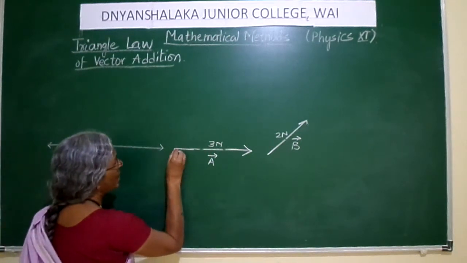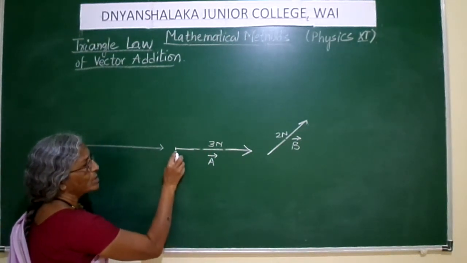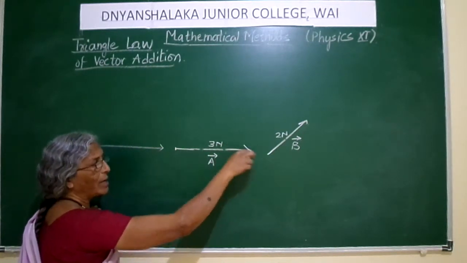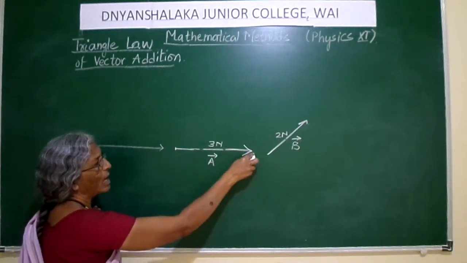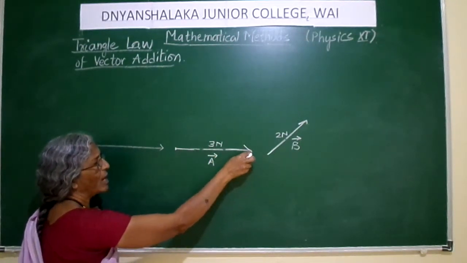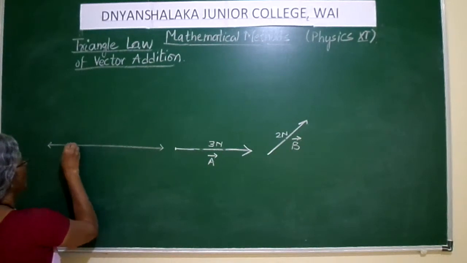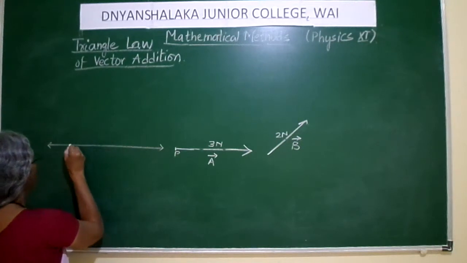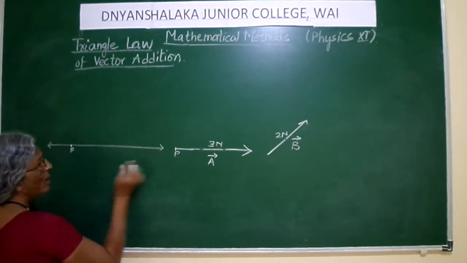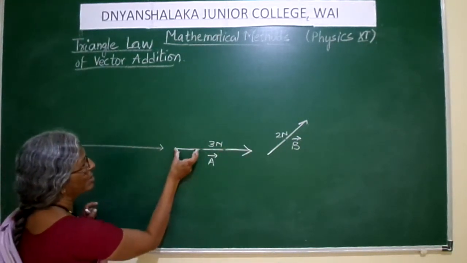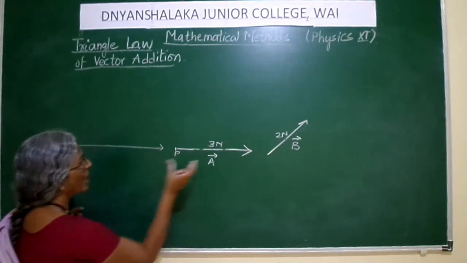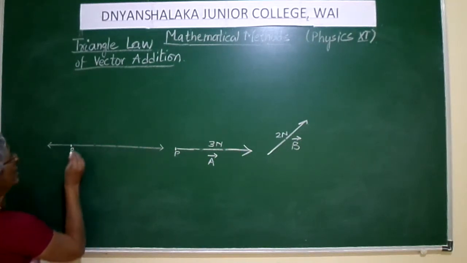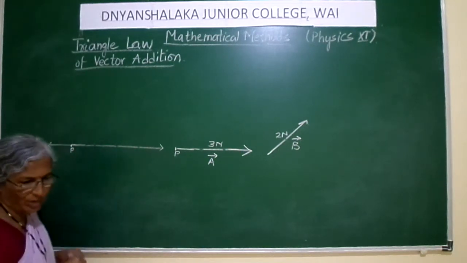You are going to represent this vector over here. This is the tail point and this is going to be the head point. It starts from here. This is the point of origin and this is the end point. Let me take this point as P. Now I have measured the distance exactly, and the same distance I am going to take over here.